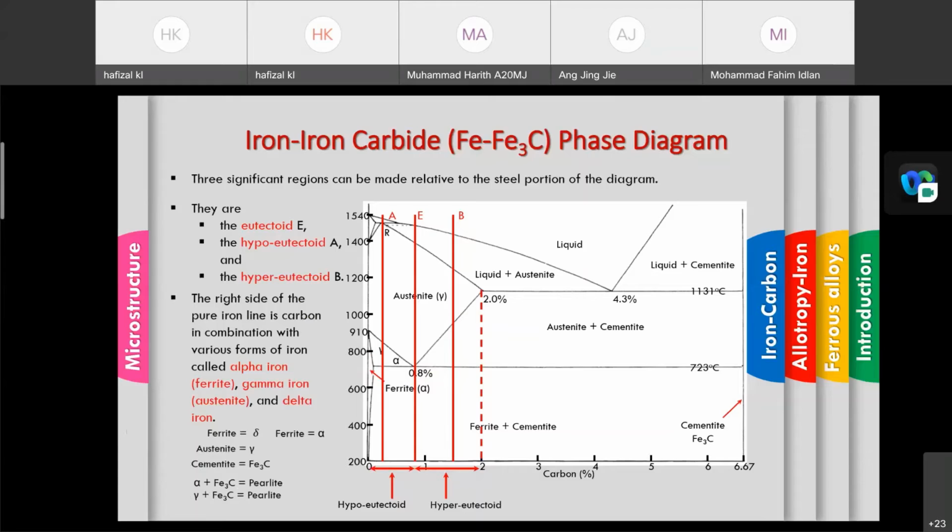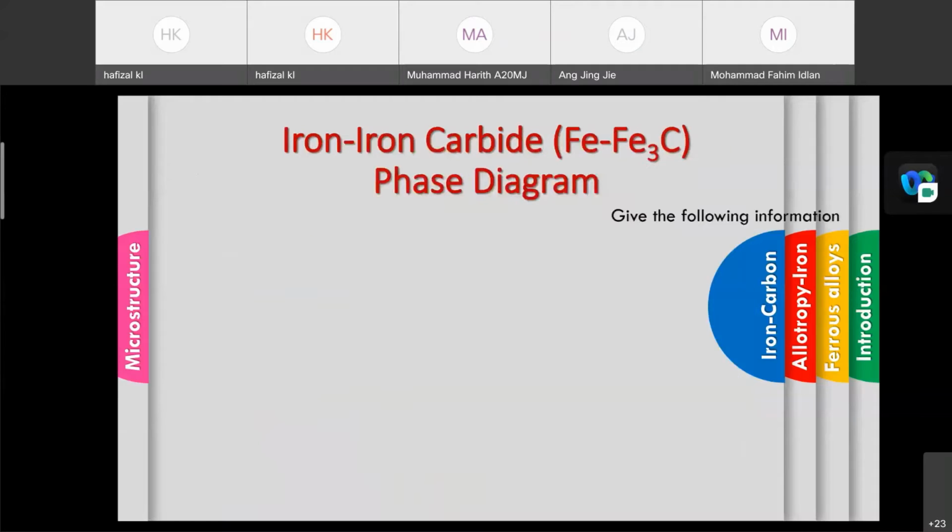The term that we will use after this, we are not going to use, because the name is too long, ferrite plus cementite. So there is another term they will use, pearlite. Okay, so in this case ferrite plus cementite, they will call it the term pearlite. So this term after this we will mainly use to discuss.